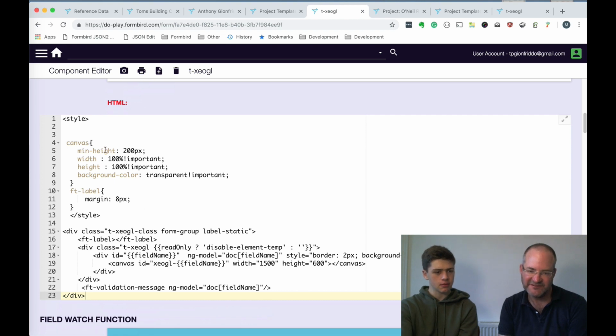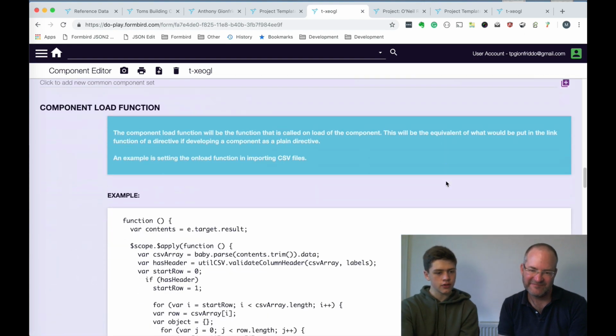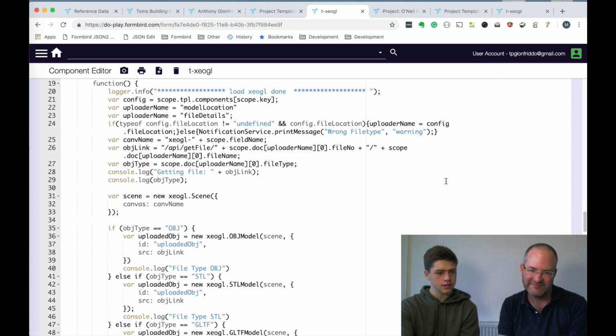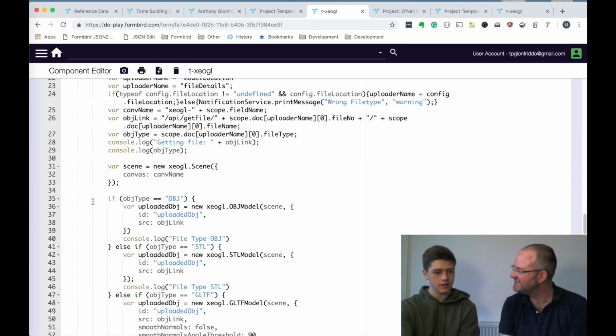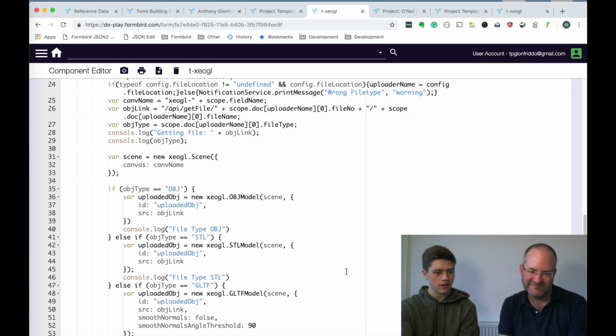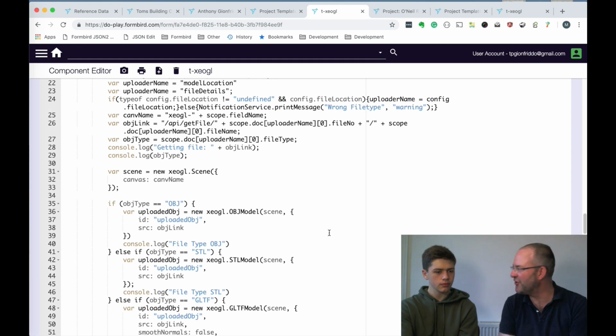Yeah, and then some of the styling I just took from some other standard components. And then in terms of JavaScript, it's really basic. A lot of this is just if statements, just checking for different object types, to load the different object types.